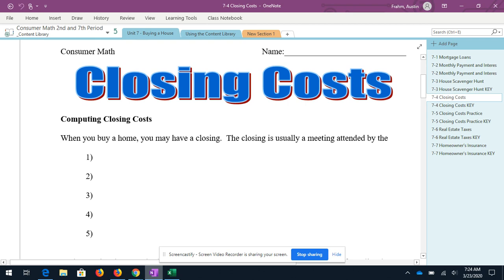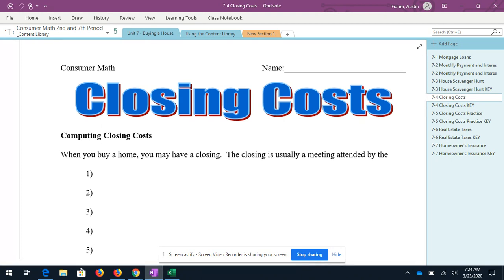All right. Hey everyone. Today we're going to be talking about closing costs and computing closing costs. So before we actually get into the math work, let's talk about what those are. It says when you buy a home, you may have a closing, and the closing is usually a meeting